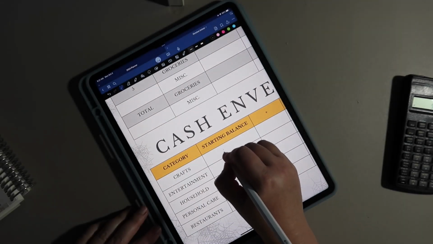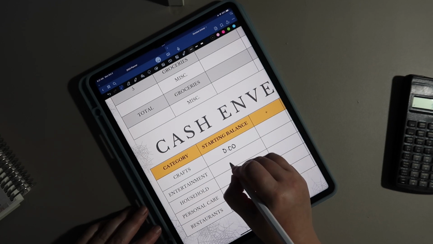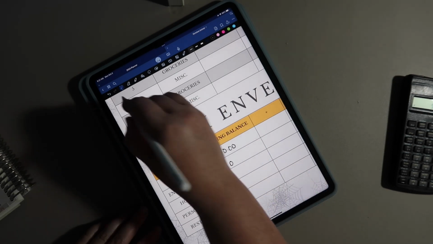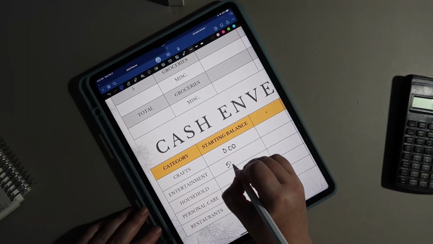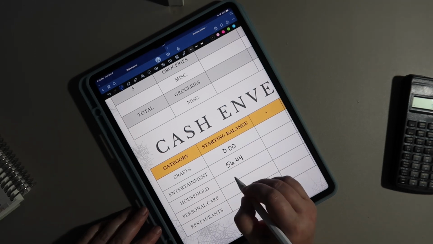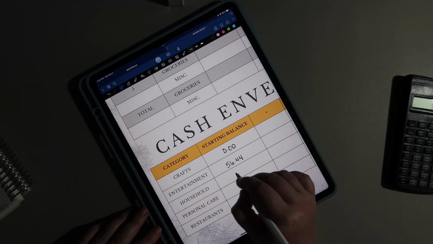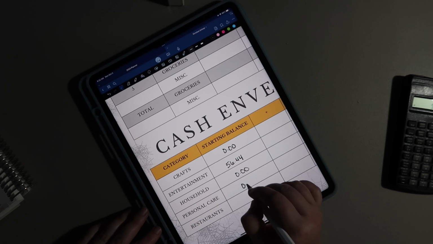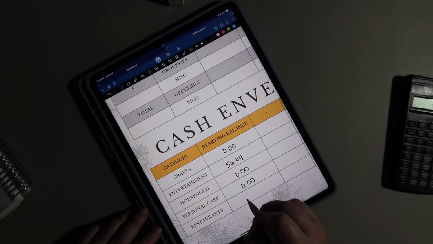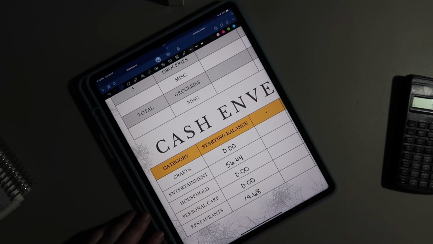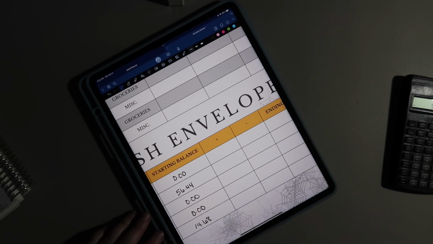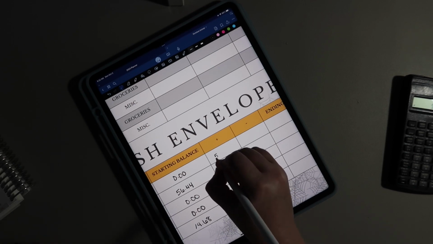So crafts, starting off, we have $0 in there. Entertainment, we actually have $56.44. And for household, 0, personal, 0, and restaurants we have $14.68. The entertainment and restaurants are money that I have remaining from previous months. I'm going to be adding